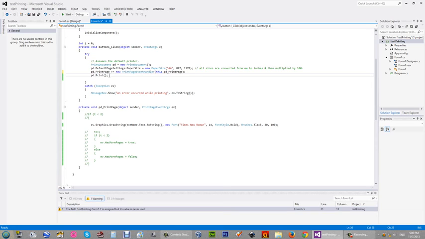Like that, one by one those jobs are sent to the printer. But that's not the correct, accepted way. To do that, you have a property called HasMorePages inside this print page event args class.